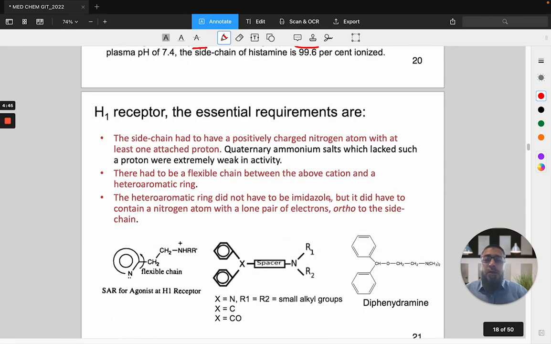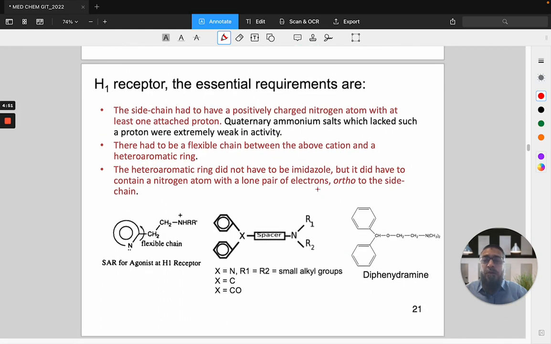So now we will see what the basic requirements are in a molecule that allow it to bind with different receptors. For example, for the H1 receptor, the essential requirement is the side chain, which has a positively charged nitrogen and at least one attached proton, because quaternary ammonium salts, which lack hydrogen, were extremely weak in activity. So this is the basic requirement: the side chain with the amino group has at least one attached